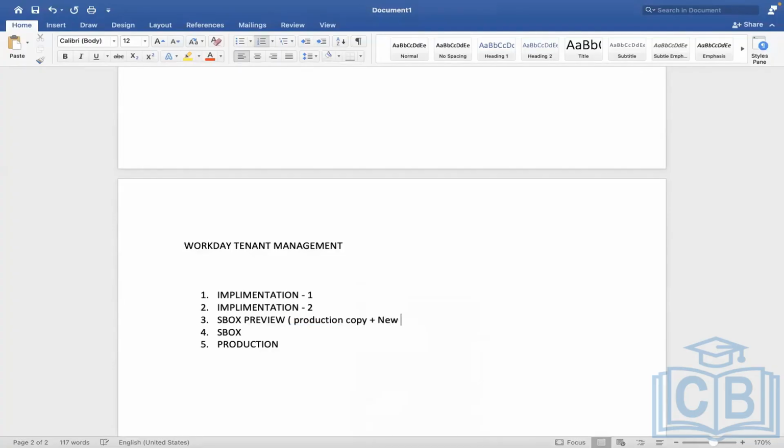New features. Production copy plus new features. Why do we have production copy plus new features? I can do that in Sandbox, so why is preview required here? The reason is whenever Workday delivers the new features, they will ask us, hey, the other features we deliver in the tenant,